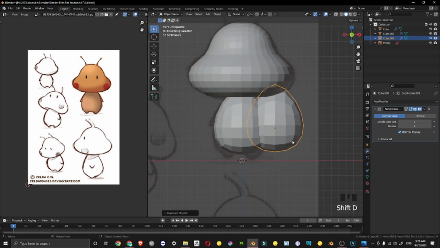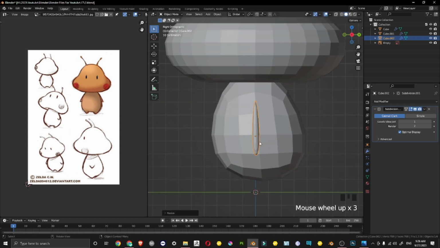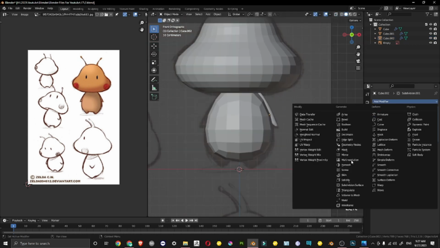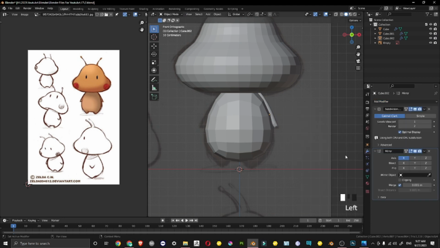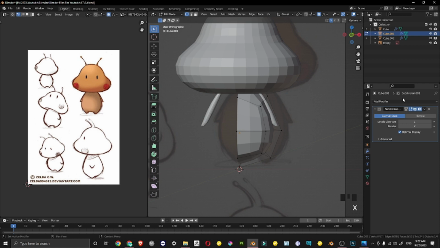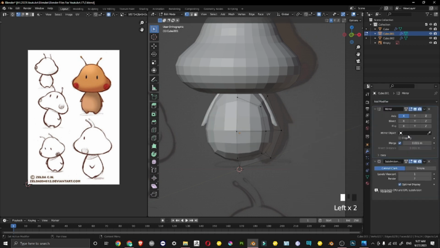Duplicate the same body mesh in object mode and scale it down except on the Z axis by pressing Shift C, and place it on the reference for the arm. And add a mirror modifier to add the same arm on the right side. We will delete the right side of the body mesh and add a mirror modifier on it